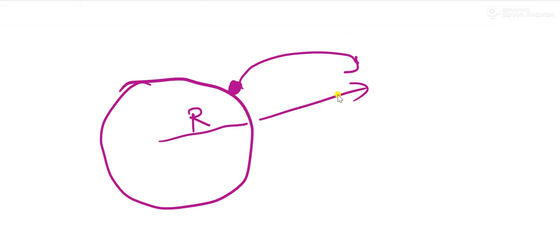So we have the earth here, and I kept one object on the surface. The radius of the earth is R. This object is taken to some height h, and that height h is equal to the radius of the earth. Now, when the object is here, we have the initial gravitational potential energy; when the object is there, the final gravitational potential energy.